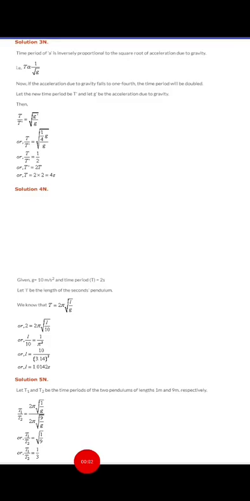Next sum, question number 5. You need to find the ratio of the time period if two pendulums have length 1 meter and 9 meter respectively. This is the question from the exercise. You need to find the ratio of that time period. So I will use T1 upon T2, time period 1, time period 2. Formula is 2 pi root of L by G. Instead of L, I will write L1 in the numerator and L2 in the denominator. 2 pi gets cancelled. G and G also get cancelled because G is same.